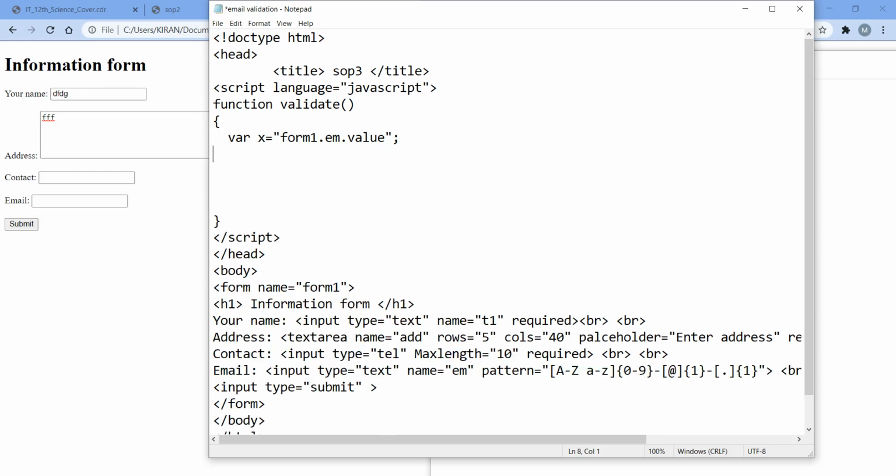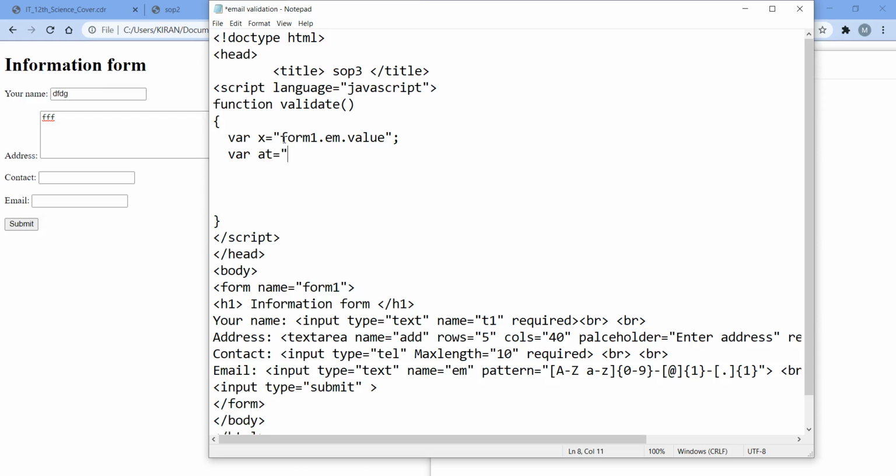Then after that we have to store the first position of @ in one variable, and the last position of @ in a second variable. Similarly for dot. So for that we have to define four variables. First, let's say at. In the at variable I am going to store the first position of the @ symbol.